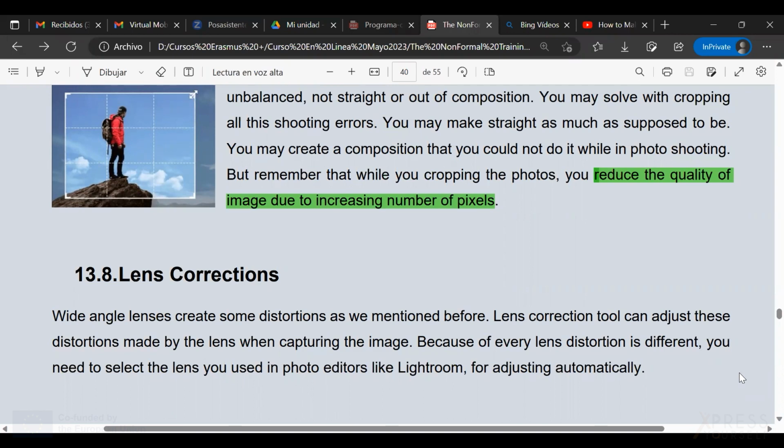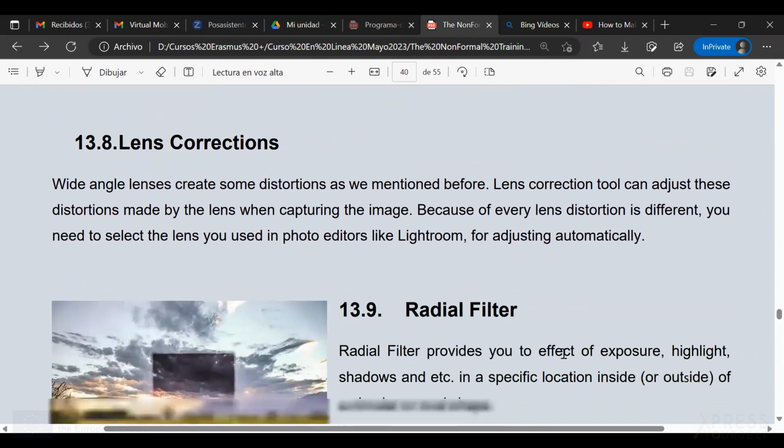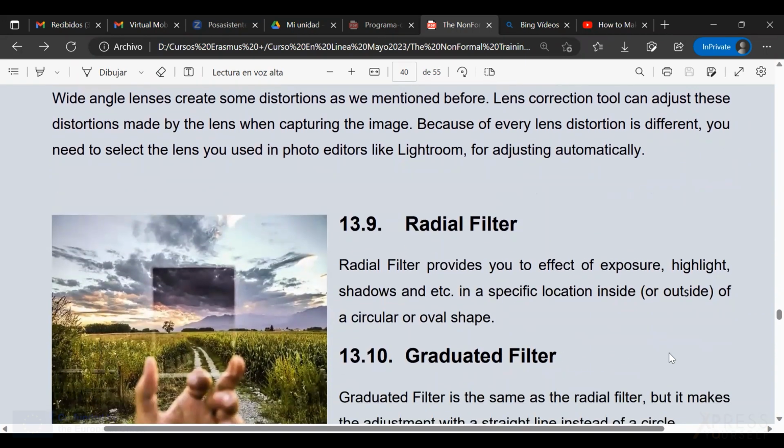So this photo editor gives you the option of choosing which type of lens your camera has, so you can correct the distortion made by this lens. With other photo editors, you will not have the option of choosing the lens and correcting it automatically, but you will have other options in order to correct that.